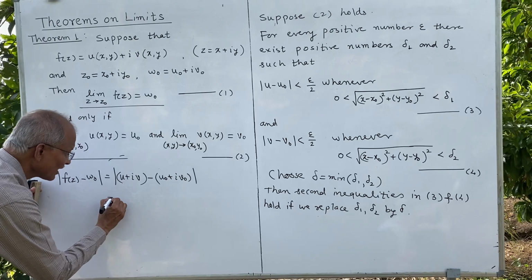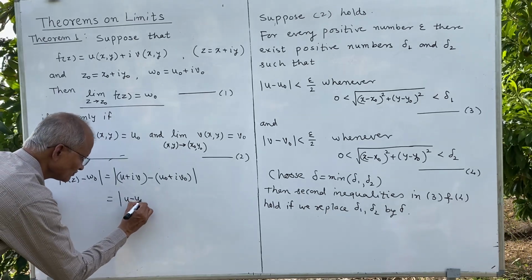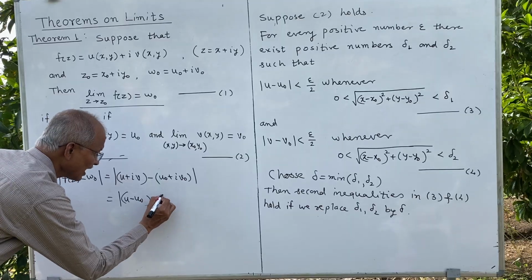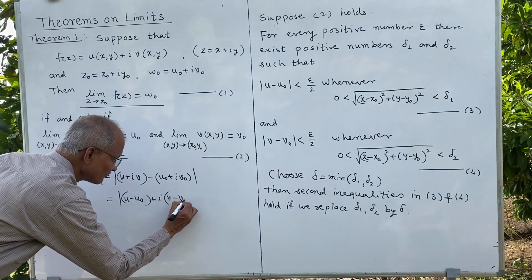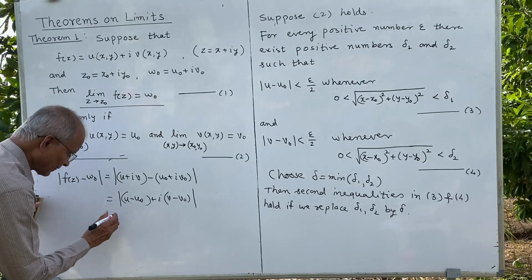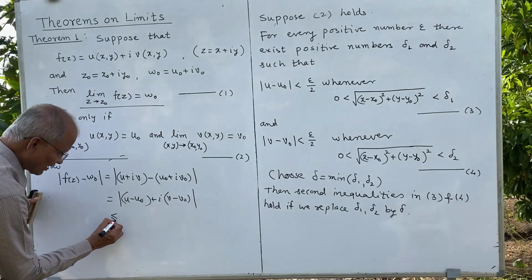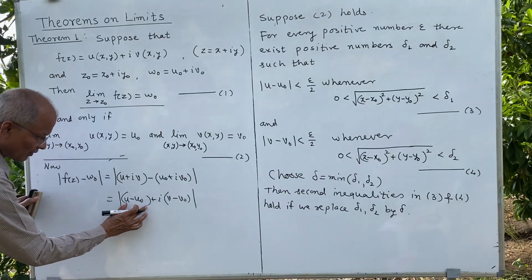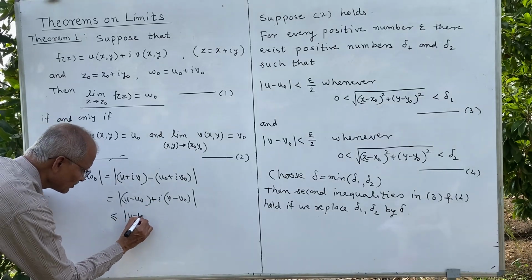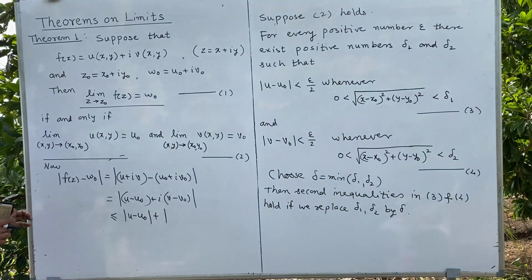And this is u minus u naught plus I into v minus v naught, and this is less than or equal to, that is mod of u minus u naught plus, this is actually the triangle inequality,